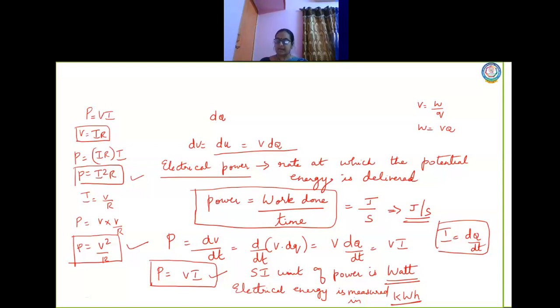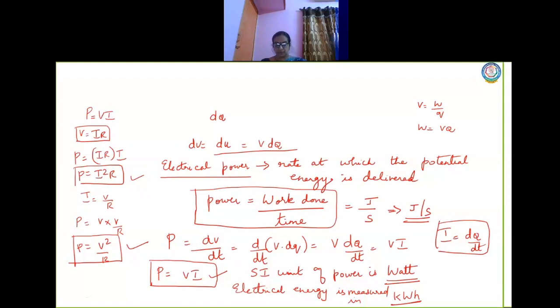So a higher power rating does not always imply more brightness, which is very important, because the brightness is due to the voltage drop here, not the power here. So you have to understand this concept clearly, children. It depends on whether the bulbs are connected in series or parallel. When connected in parallel, the 60-watt bulb glows brightly, whereas when connected in series, the 30-watt bulb will glow brightly. Is it clear, children? Is it clear?